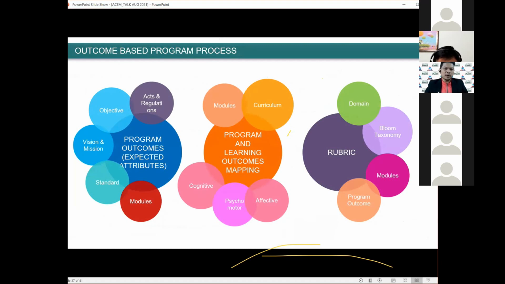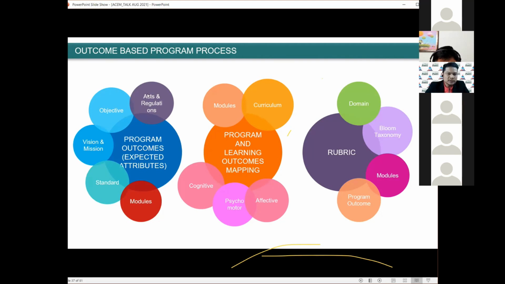Now we have the program outcome, which we can name as the expected attributes, being derived from all these smaller bubbles over here.